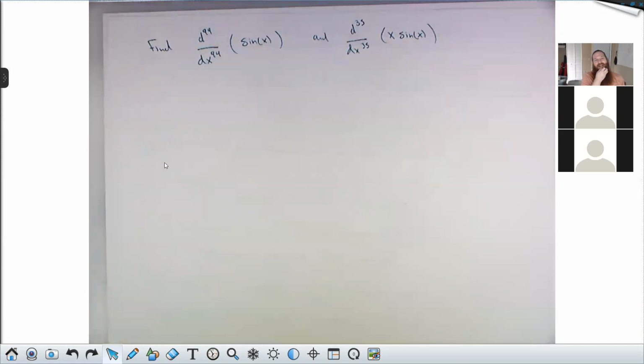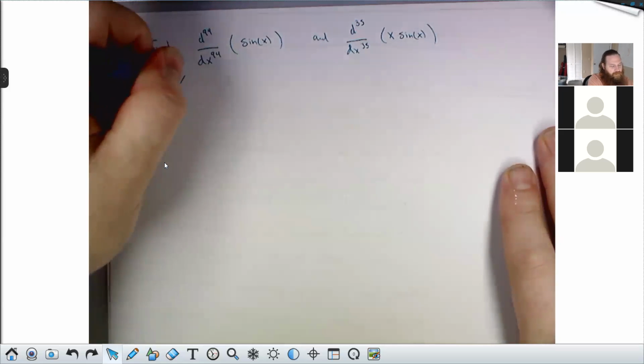So I want to find the 99th derivative of sine and the 35th derivative of x sine x. And both of these have bad solutions and nice solutions. The obvious bad solution is to differentiate the sine function 99 times. Don't do that, right? Nobody should do that. But if we start looking for patterns,